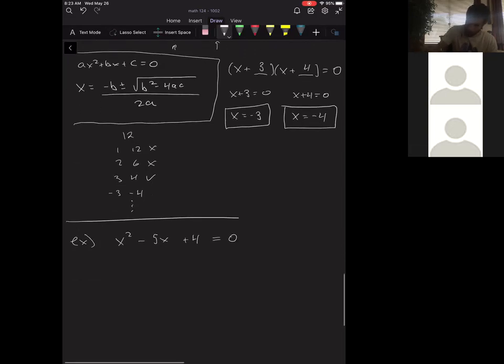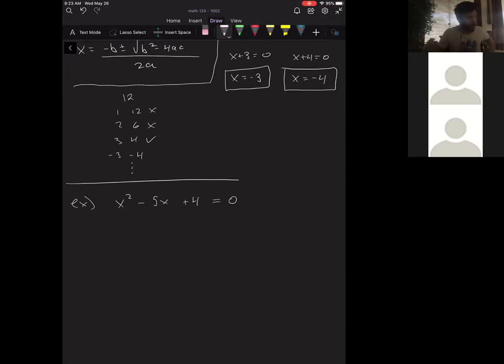Like before, we have a quadratic. Before we even think about using the quadratic formula to solve it, we want to see, can we factor it? Because like I said, we always want to factor. That saves a bunch of time. So we have a 1 in front of the x squared. That tells us that our first step for factoring is always to do this: x plus